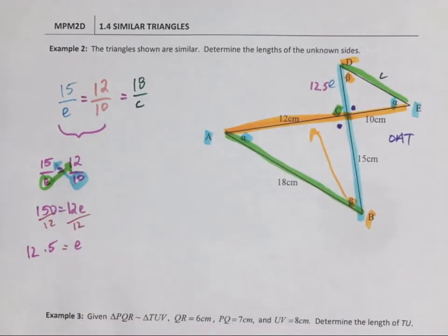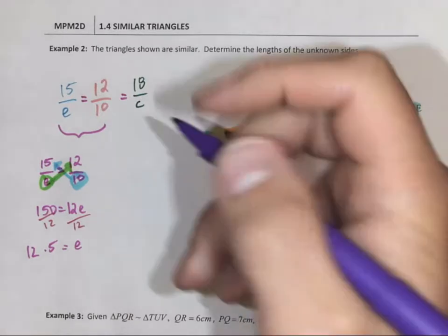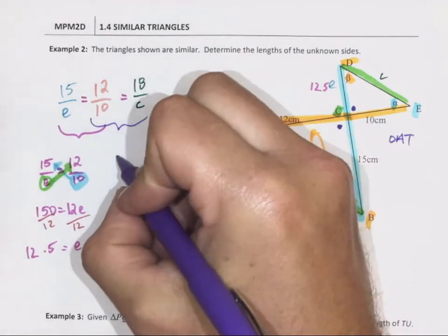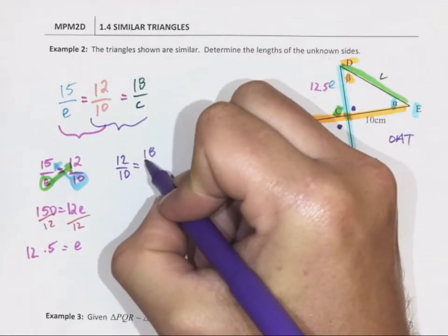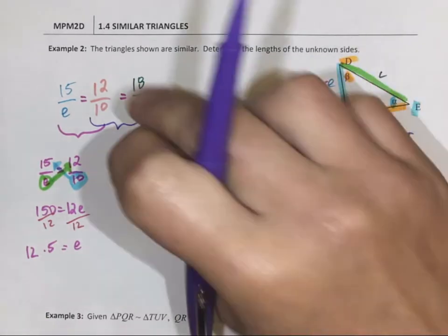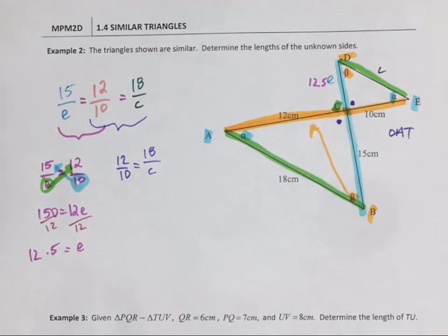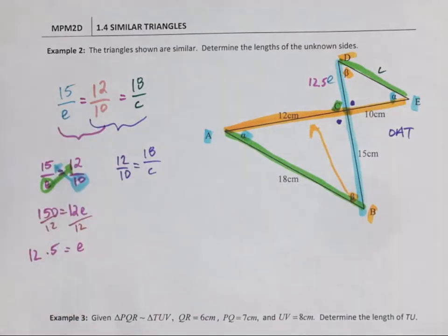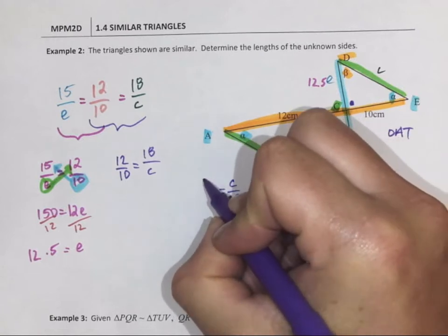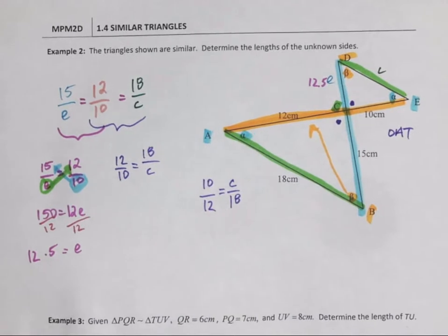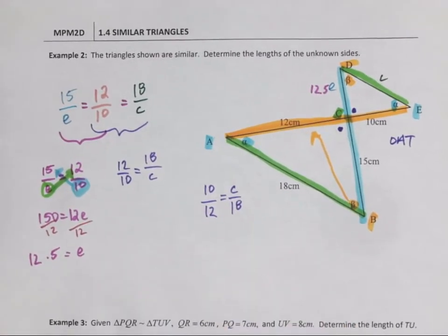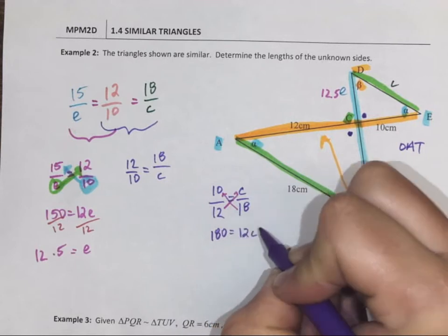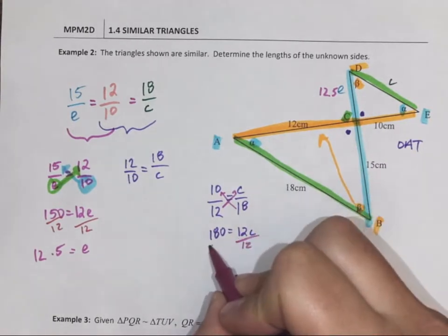To figure out C, I'm just going to use those. I'm going to use the ratio that I know and is given. So let's see, that's 12 over 10 equals 18 over C. Now depending on how you wrote it, I could have wrote every fraction the other way around. And there's nothing wrong with that. If I'm going to flip that, I have to flip that as well. So I'm just going to write that over here, and then I'm going to prove that it works. So if we cross multiply, 12 times C, 18 times 10, we have 180 equals 12C. Divide by 12, divide by 12,